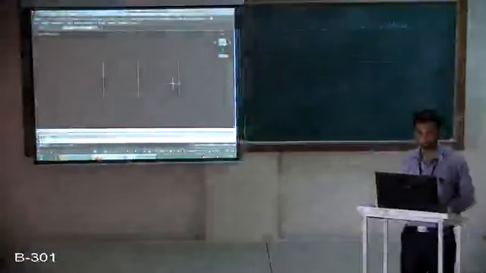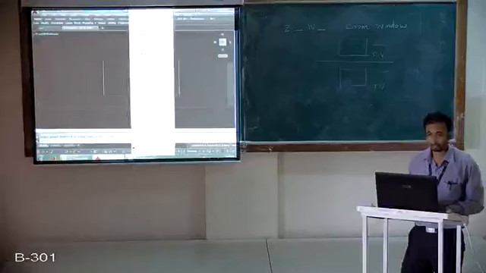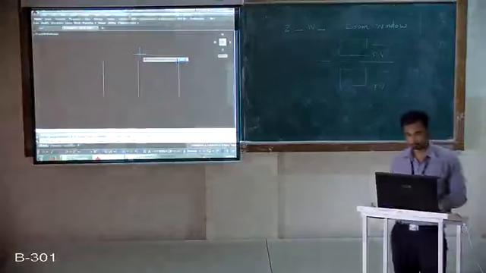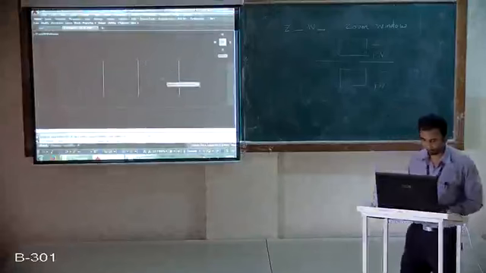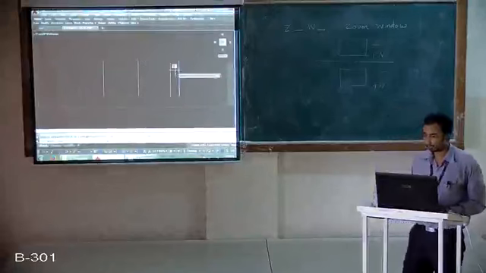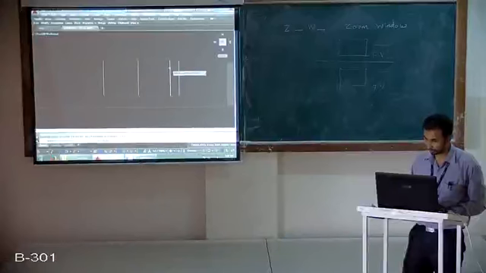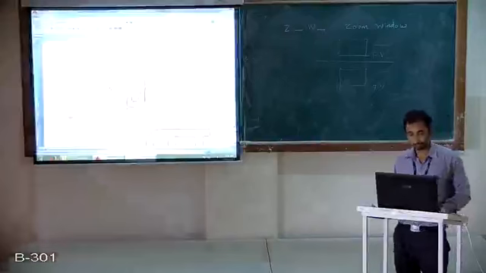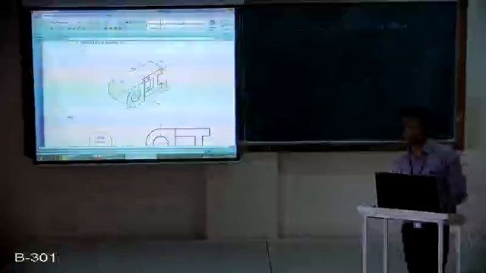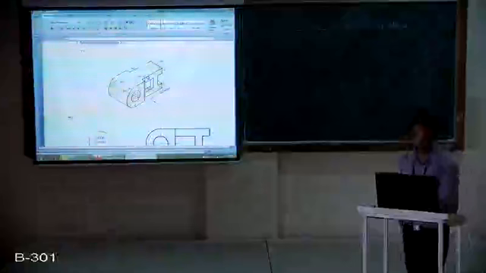Okay. So we are finished with this, but one more vertical line is required at this particular location, where the center of this circle is at a distance of 30 mm, either from this line or from this end line. So what we will do, we will take the offset command from the modify toolbar, give the distance 30, enter, then click on this line and click on this side. So all vertical lines are finished now.